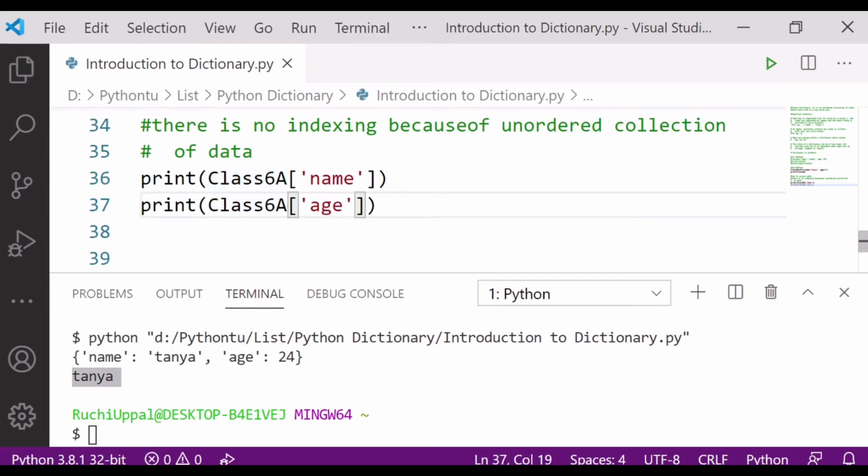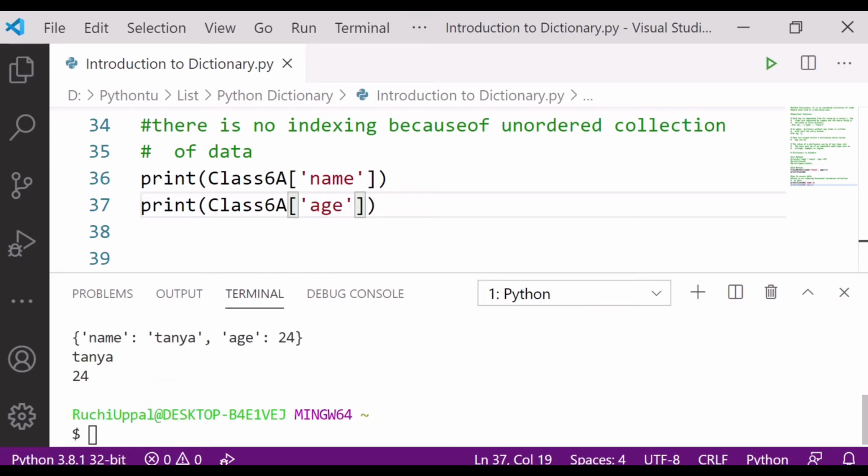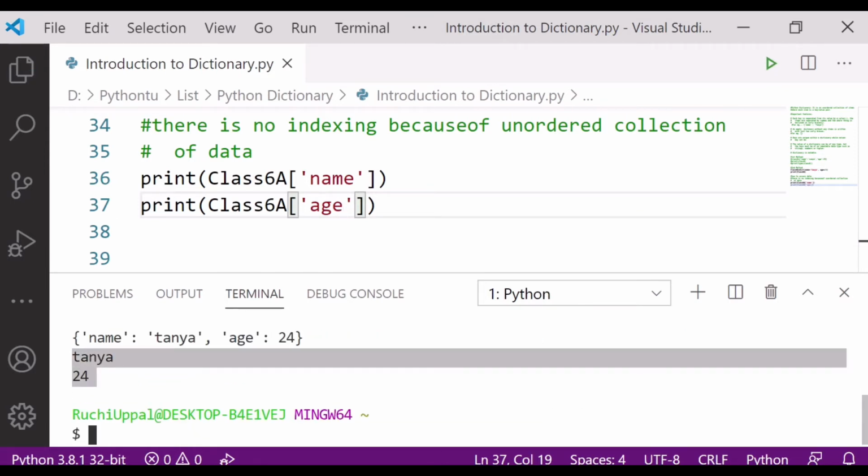Control S, and I will run. You will see here what would be the output. Now it is giving me age also, name also. So this is how we can easily access the data from our dictionary.